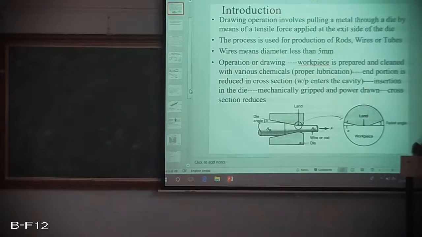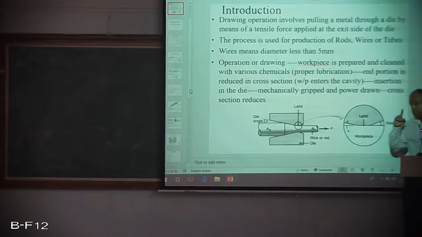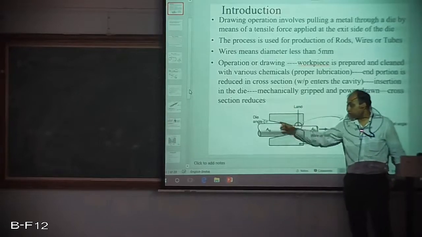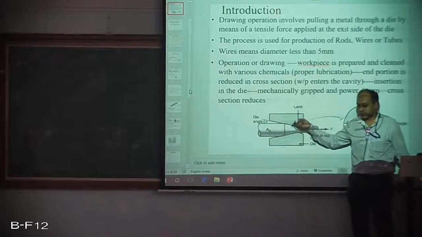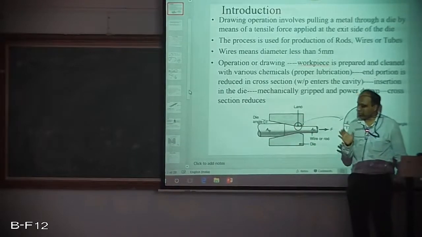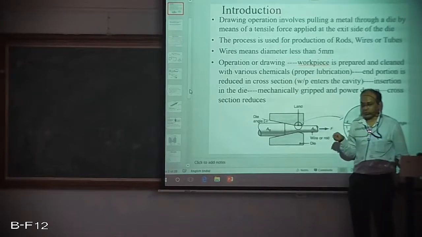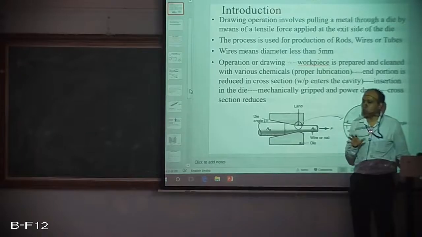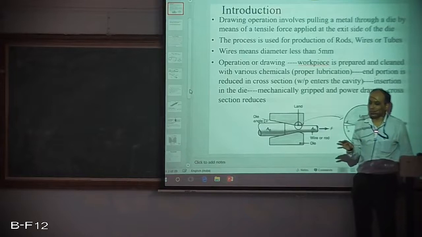Now one thing is that if I increase deformation to a higher extent per pass, meaning the cross-sectional area reduction per pass is very high, then as I told, if you increase this, the friction component will reduce, but what is the other part that will be increasing? It's the redundant work. Redundant work is also a very undesirable thing. It will lead to inhomogeneous deformation within the material. Inhomogeneity in the finished product, because of the inhomogeneous deformation, is highly undesirable.